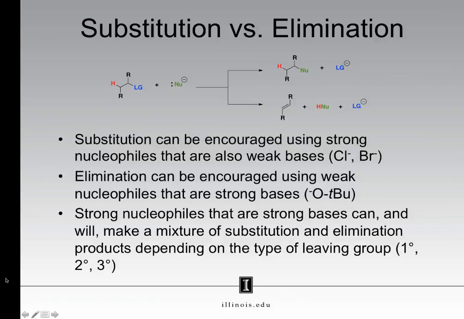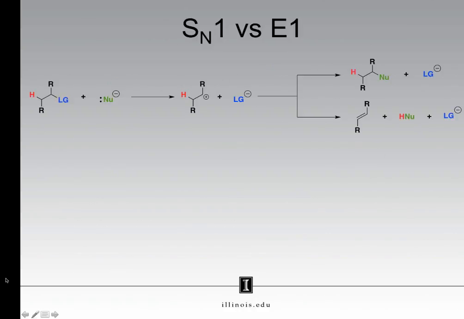Why do particular reaction conditions result in particular reaction pathways being preferred? To answer that question, let's limit our analysis to only SN1 and E1 reactions. Let us assume that we have reaction conditions where we know we are going to go through a carbocation like we see on this slide. We have a substrate over here in the presence of a nucleophile. This substrate is going to form a carbocation, which can then go on to either the substitution product, the top pathway, or the elimination product via the bottom pathway. What determines which pathway is preferred is the transition state leading to those products. To discuss that,